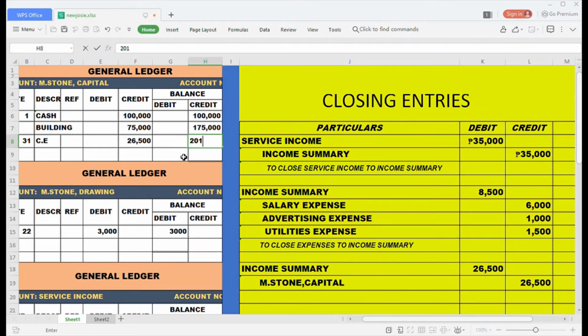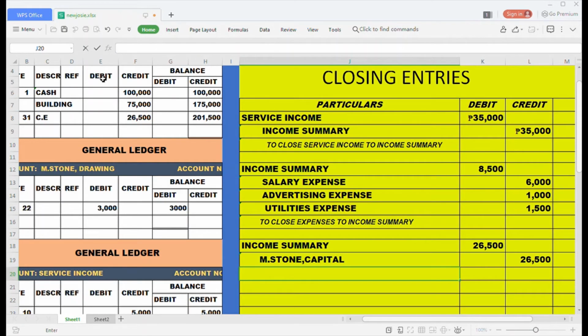Will be 201,500. Kasi i-add natin siya guys. Kasi credit here, tapos credit din yung entry natin dito. To close to capital. Ibig sabihin guys, na-close natin yung income summary and then yung remaining balance niya, pat natin sa ating